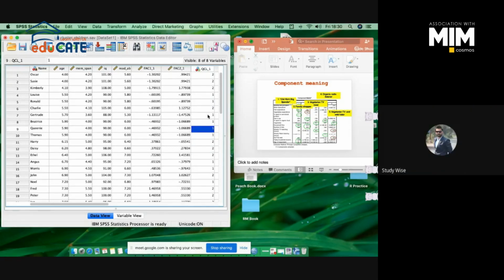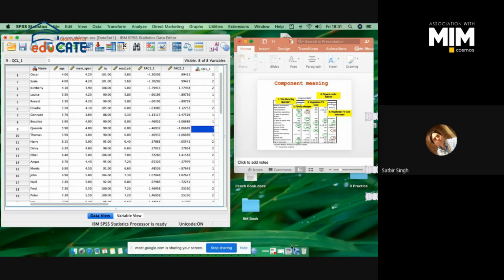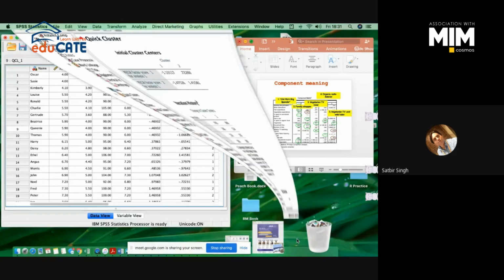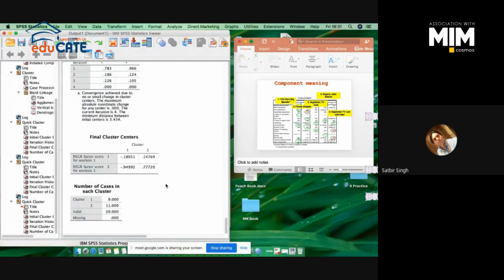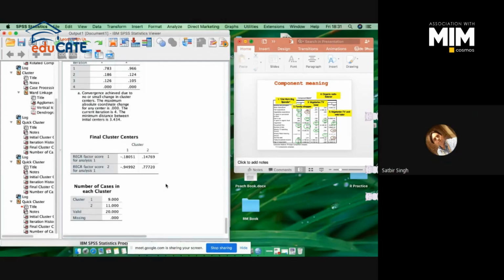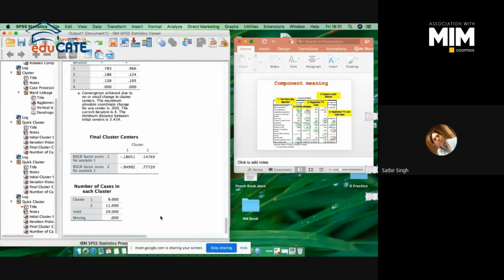Ma'am, how will we name the clusters? On the basis of some characteristics, right? Let me tell you what I understood. Suppose we have arrived at two clusters, cluster 1 and cluster 2. Now we have to go deep to understand what the characteristics of these two clusters are. Based on those characteristics, we will come to know which cluster will prefer Horlicks or which one will prefer